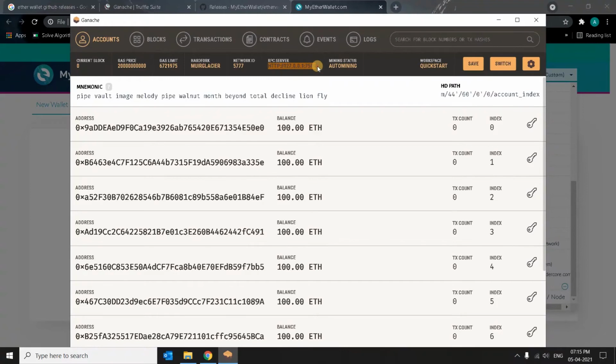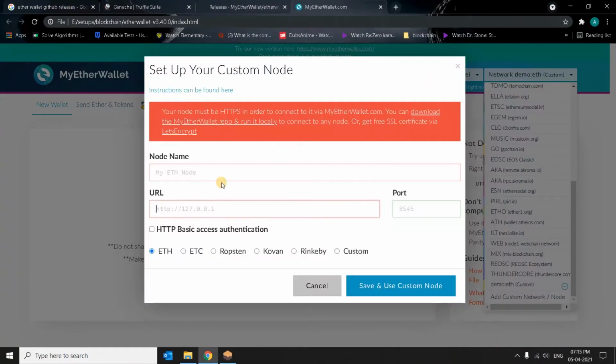So we will just use this information and 7545 in the port. 7545. Name: smart contract project. Now I'm going to use Ethereum.